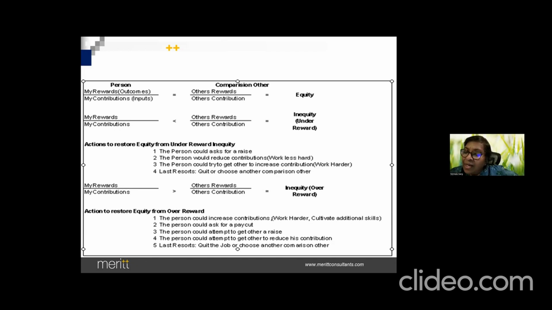They're comparing. The biggest joke is when you say compensation, don't reveal your salary to people. It's confidential. That's the biggest joke. You agree? Once you are on board, everybody will know who is getting what. No? Then you will say, hey, but you see, I'm doing the same job. Why is that person getting more than me? Okay. So when you are looking at it that way, the person definitely will ask for a raise, or he will reduce the work contribution, or in very rare cases, he will start working harder. If he sees inequity, he doesn't really. So the last resort is quitting.